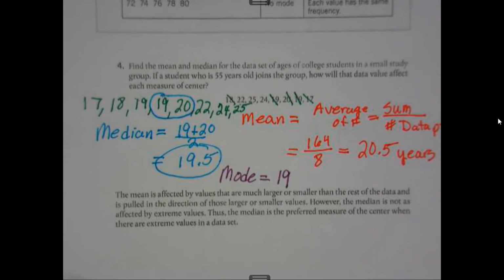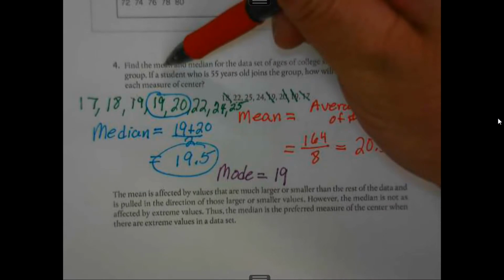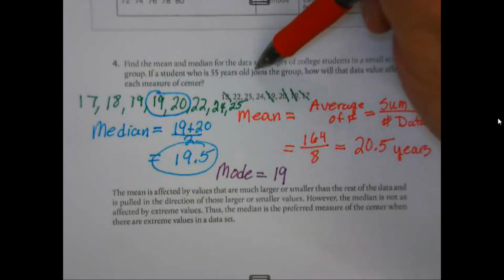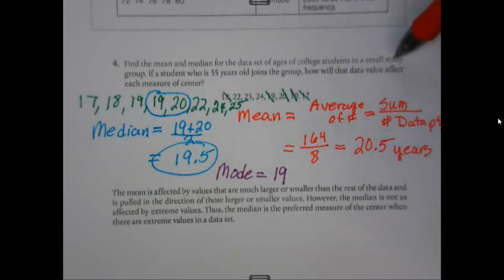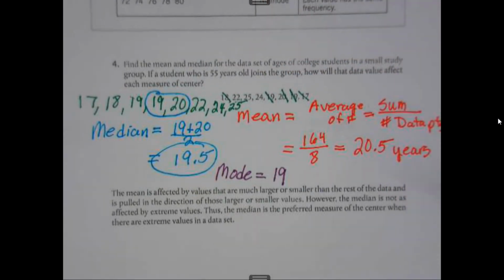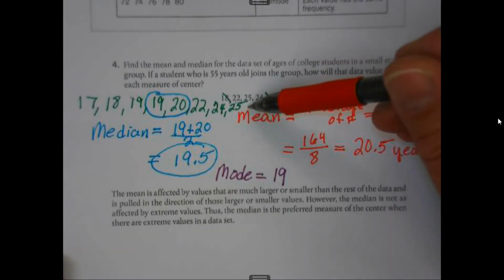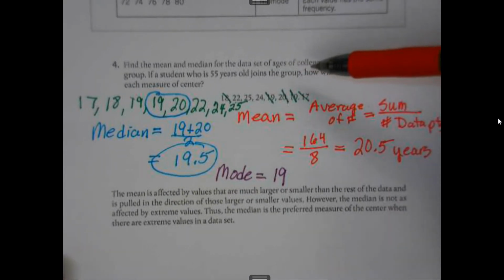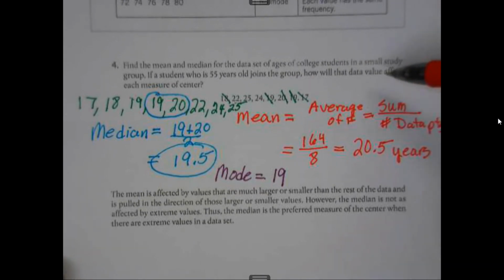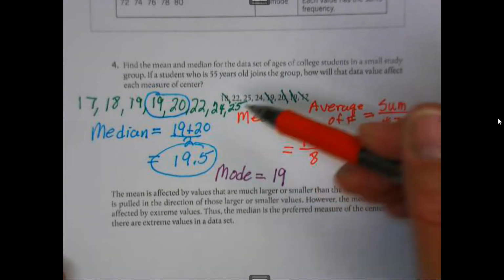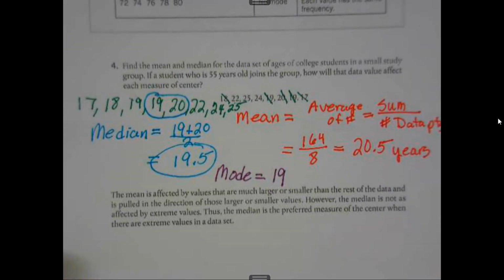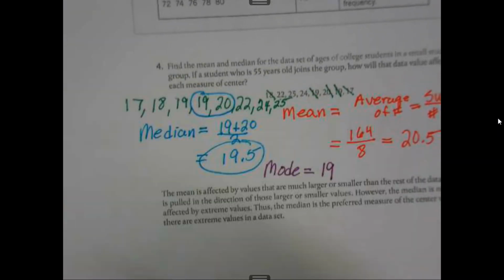Then there's the second part of this question. If a student who is 55 years old joins the group, how will the data value affect each of the measures of center? Well, it doesn't ask us to compute it. It asks how will it affect it. 55 is more than double the highest one. So 55 years old